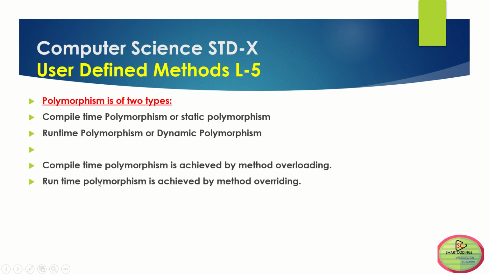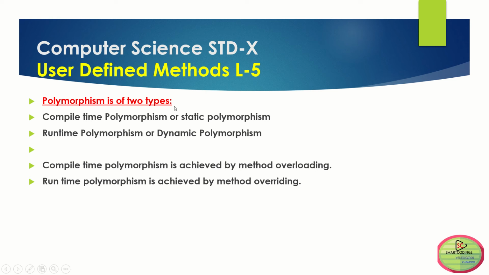Now a program has two phases basically: a compilation phase and a run, or execution, phase. Compilation comes first. When you write code in an editor, first you compile it, right? Then you execute. The first phase is the compilation phase, in which we check for different errors. Everything is checked there in the compilation phase. Then the program is finally executed.